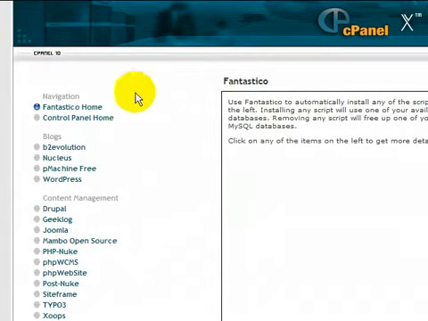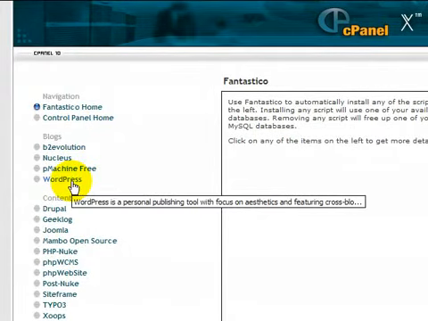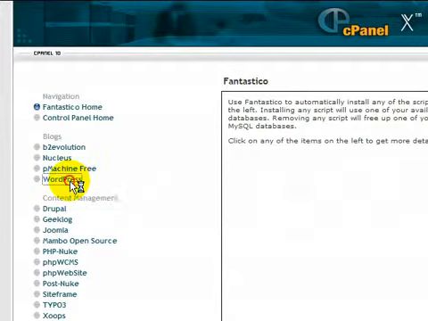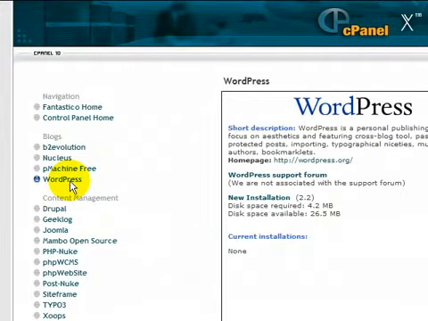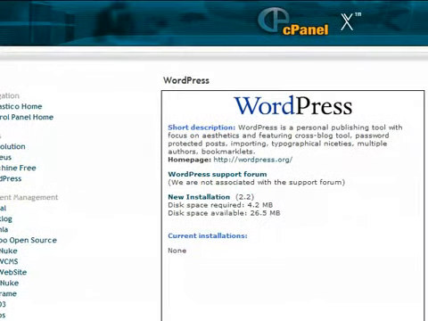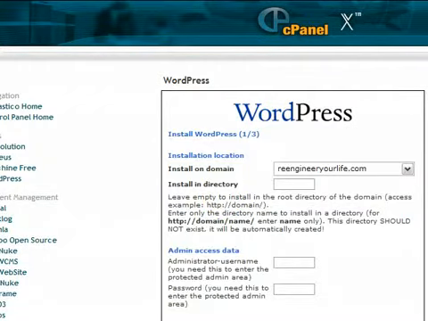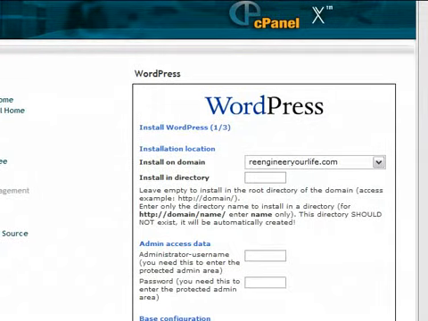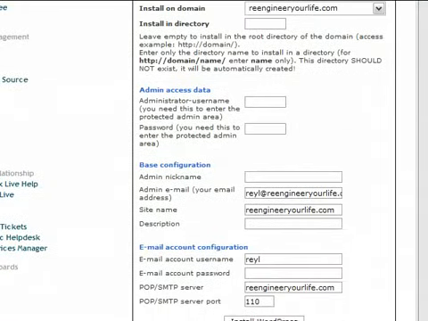So if you see on your left side, there's a WordPress there. You just click WordPress, and then now you are at the WordPress page. Then you click New Installation. Okay, so now you are at this page. Okay, what you need to do is, this is the domain name that we have, and then you have to key in the directory that you want to install your WordPress. Okay, in this case I just put demo.